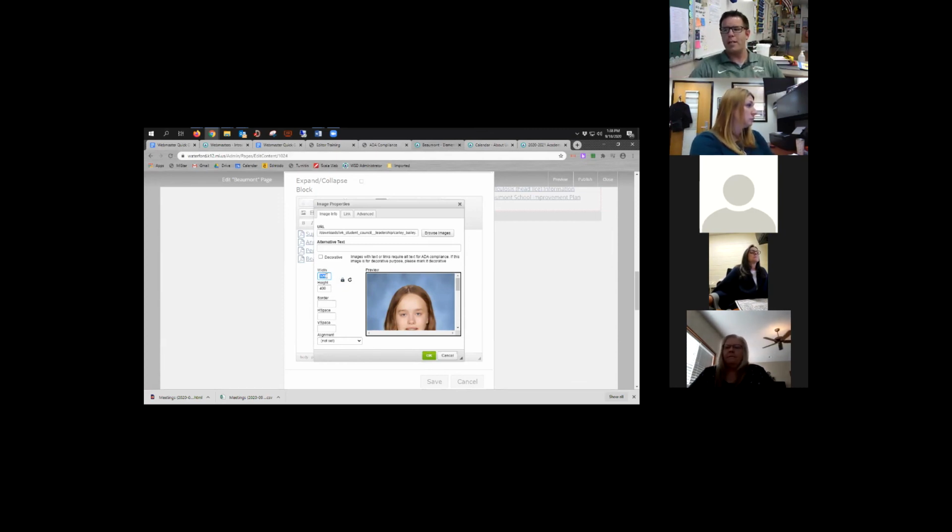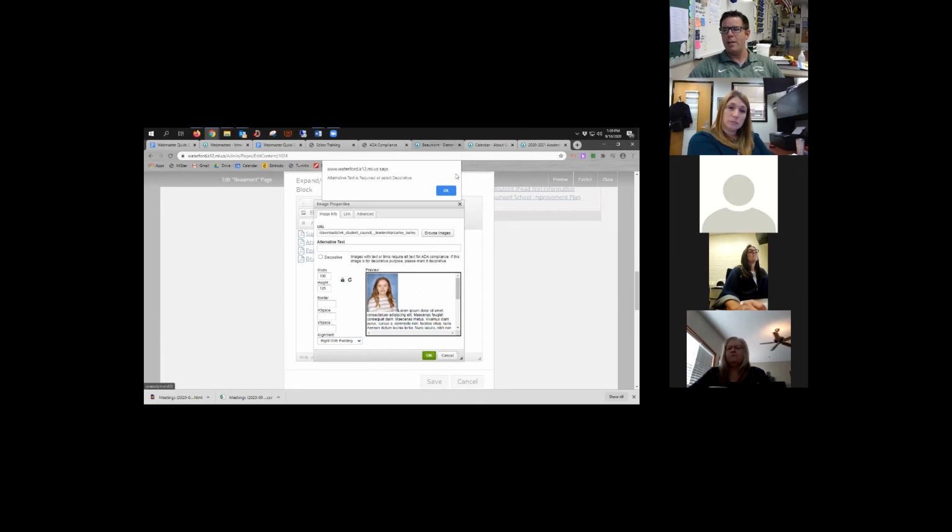So you can manually adjust this. If I wanted this picture, for example, to be only 100 width, it's going to keep the ratio of the photograph unless you change it here by unlocking it. It'll keep the ratio, so when you change the width, the height will change with it, and it will put it there. You can also set the photograph to be either on the left side of the text or the right side. So in this case, maybe I want it to float right. So I'll say right with padding, and if I hit OK, it's going to remind me up here that there